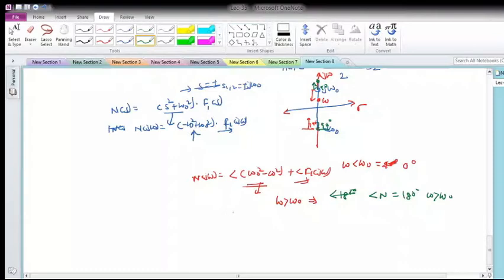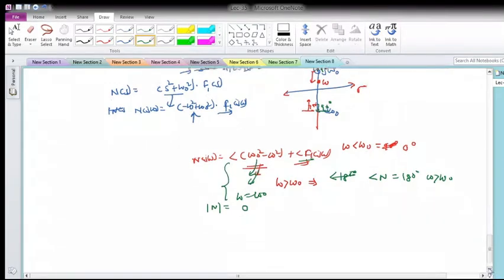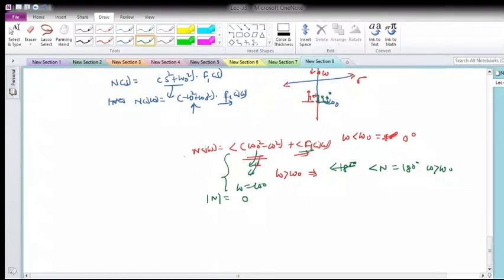What about the magnitude? If I check the magnitude at omega equal to omega naught, I observe that the magnitude is 0 for this complex conjugate pair. Forget about the rest, I am not bothering. So what I want to conclude is that if there is a complex conjugate pair of zeros, then what is happening?